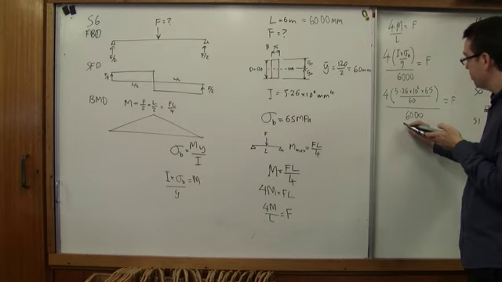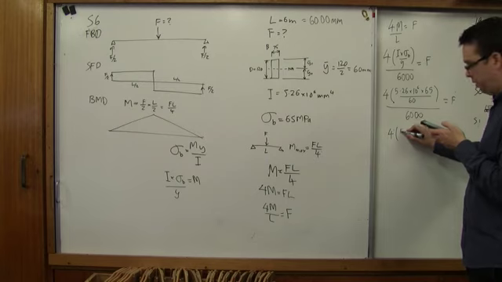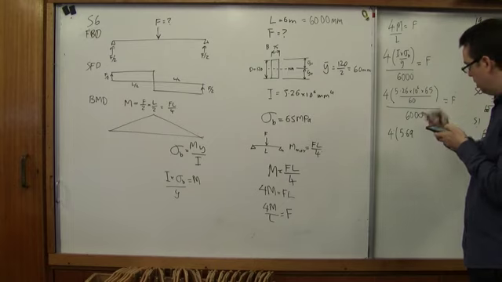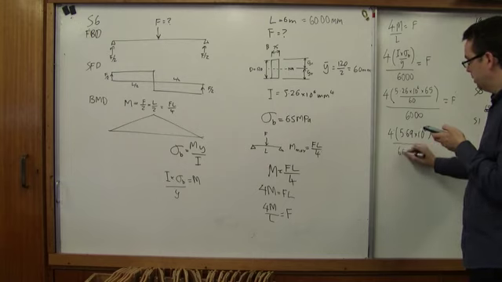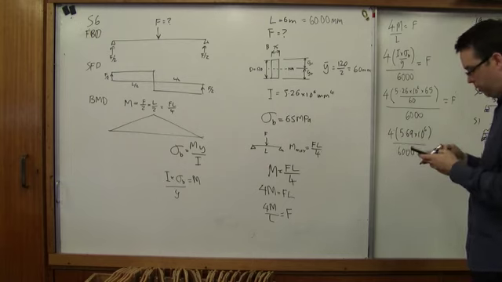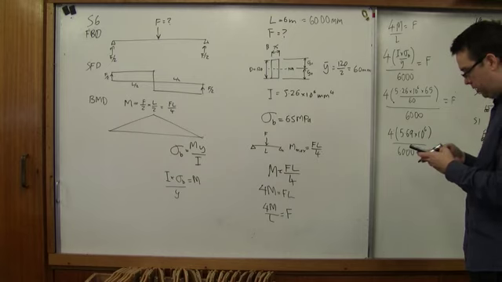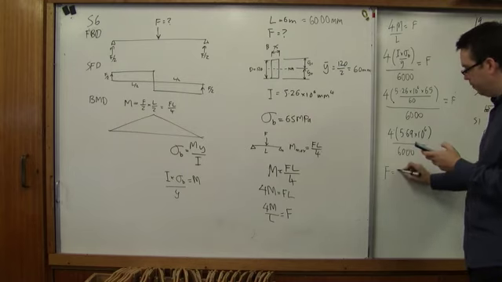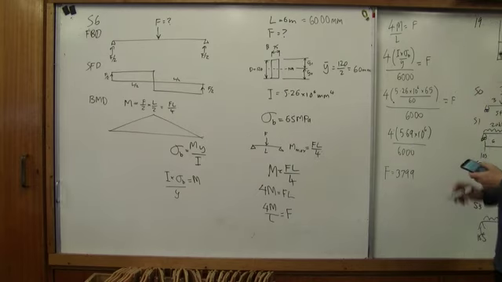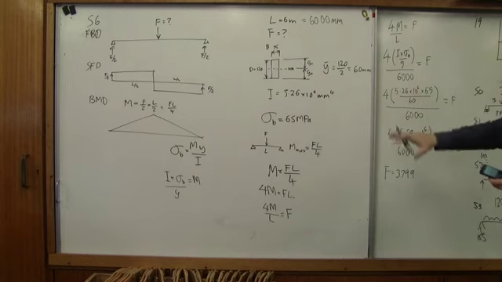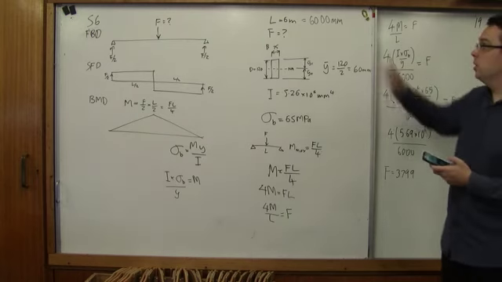I get 4 brackets 5.69 times 10 to the 6, and then all divided by 6,000. So I multiply that by 4, and then divide that by 6,000, and I will get an answer: F equals 3799 with rounding. Now, because we've used consistently throughout the whole thing SI units, megapascals and millimeters,